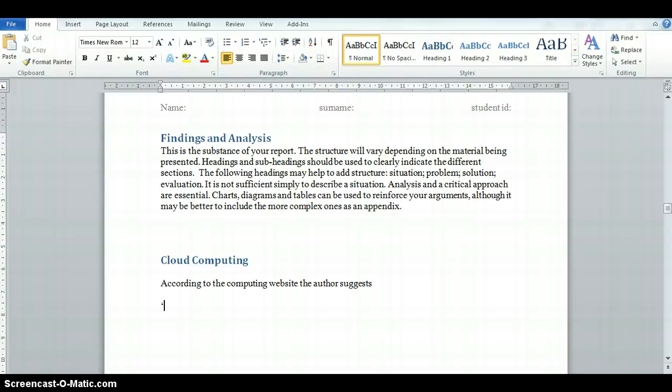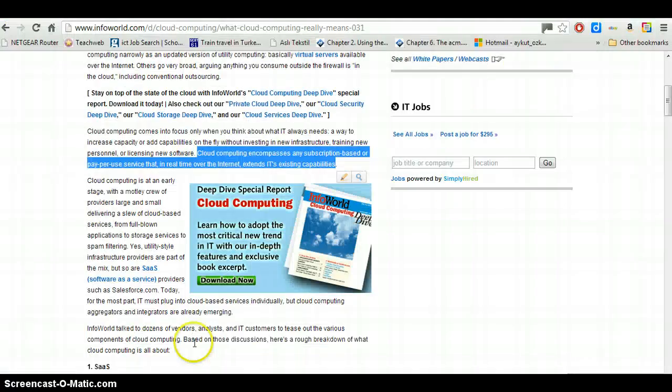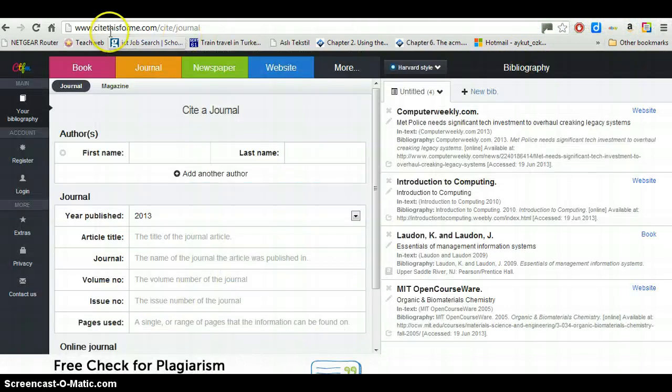open quotation mark and Control-V to paste it, and before I close my quotation I need to insert the reference. How do I do that? I need to go back to the website, and if you installed it on your computer, you can do this very easily by finding Cite This For Me, okay, website, and go back to the article